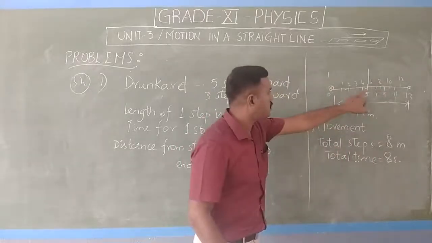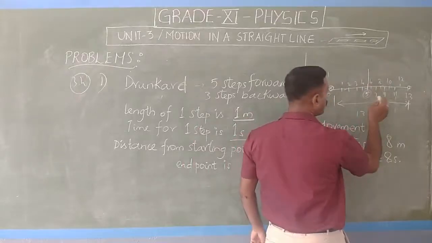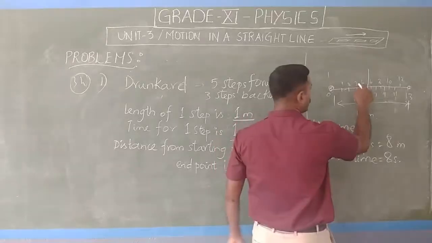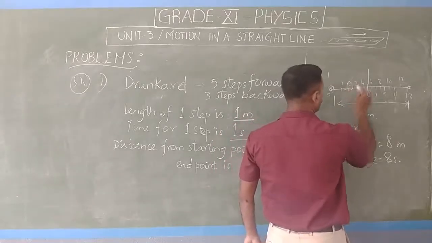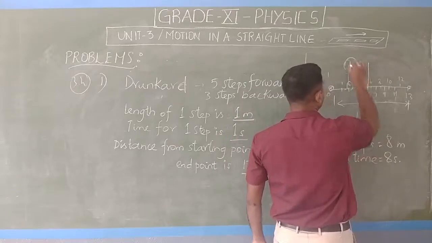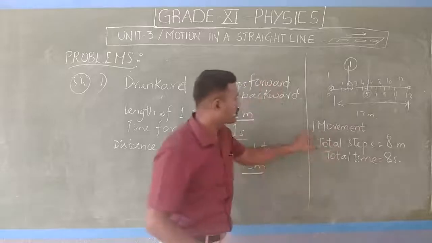So 5 meters forward, up to 5 meters it will go. Then again from 5, it will come 3 meters back. 1, 2, 3. So this is the movement 1. At first movement,